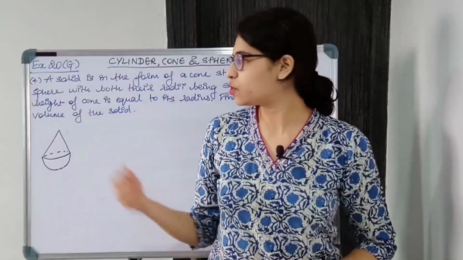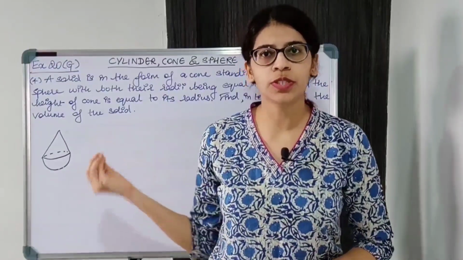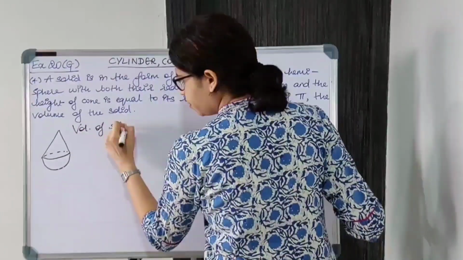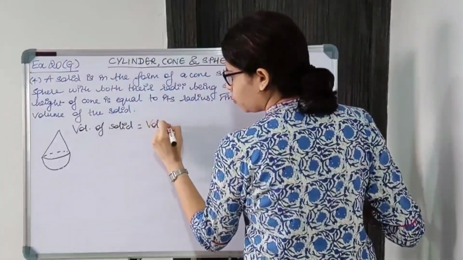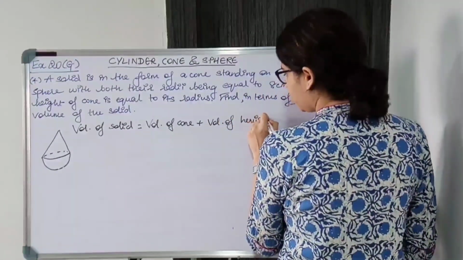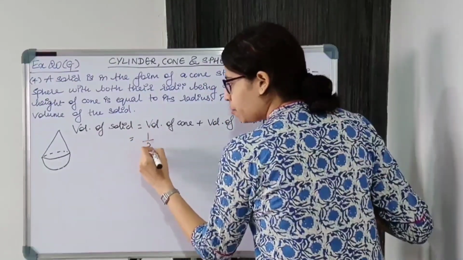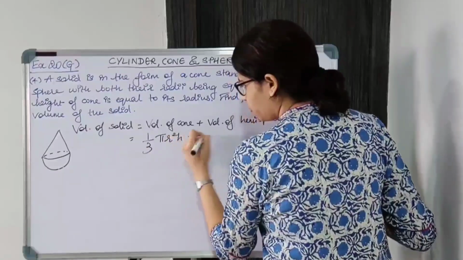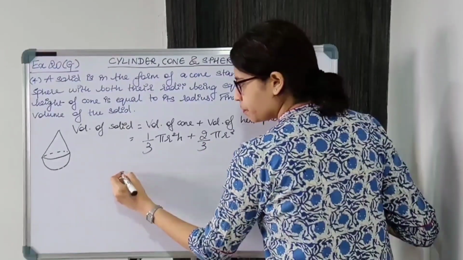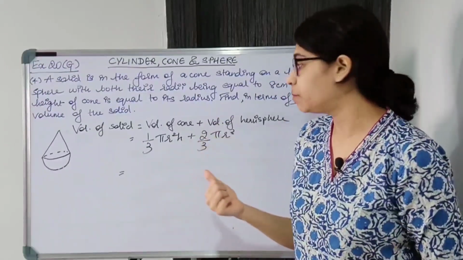Now we know that volume of the solid is volume of the cone plus volume of the hemisphere. We have all the details about the cone as well as the hemisphere. So volume of the solid is equal to volume of the cone plus volume of the hemisphere. Okay, we'll substitute the formulae. So 1/3 pi r square h plus volume of hemisphere is 2/3 pi r cube. Okay, don't forget hemisphere का formula is 2/3. By mistake you might take 4/3. Okay, so